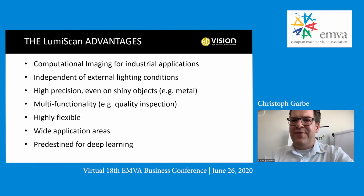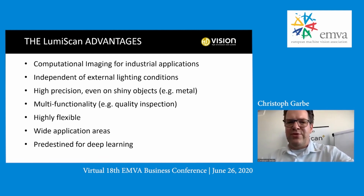It has a high multifunctionality, meaning we can use it for quality inspection, we can use it for higher resolution tasks, or we can use it for capture of 3D information. And it's very flexible. We can use it with different sensors. It is very agnostic to the capturing device that you use. So we can use different 2D cameras for capturing the light field and apply our algorithms of computational imaging directly